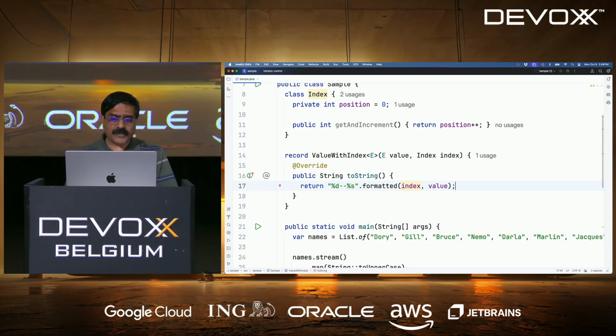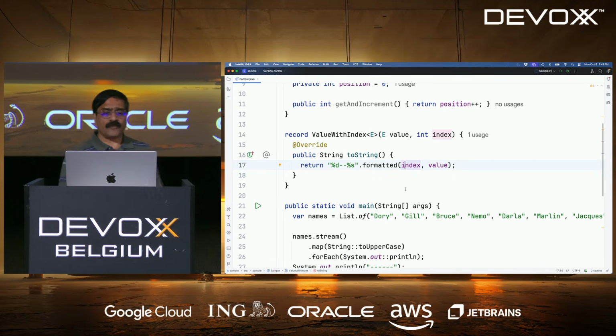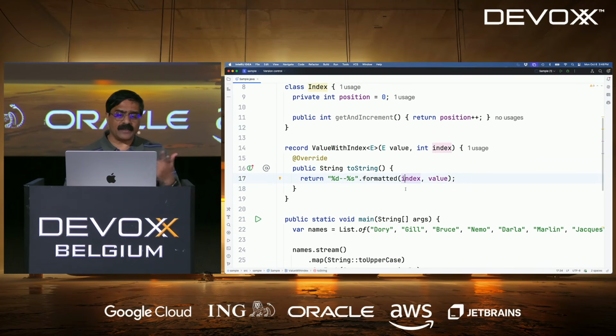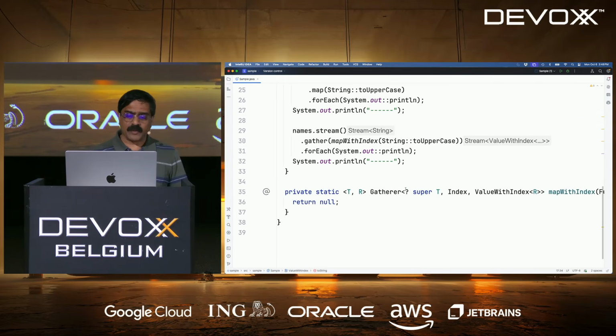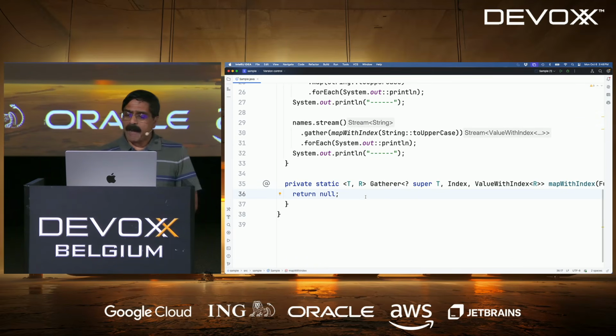Okay, so far so good, but how am I going to use these two values? Now, as you can see, this doesn't have to be an index, it's just an integer, right? I don't need to carry that index, it just can be an integer value that I want to print here. So far so good. Okay, so far we got the index, we got the value at index, time to really work on it. So back here, we can say